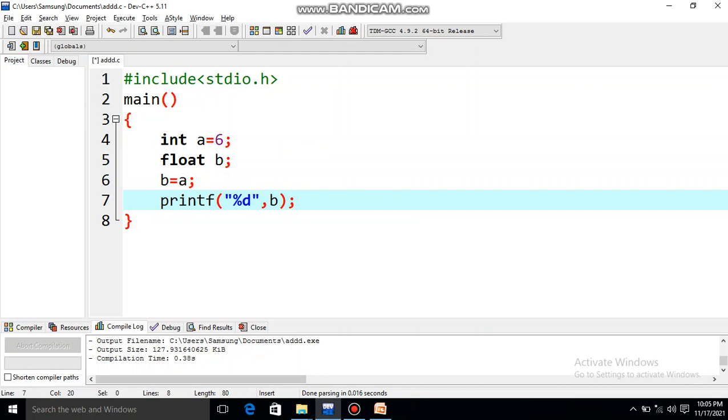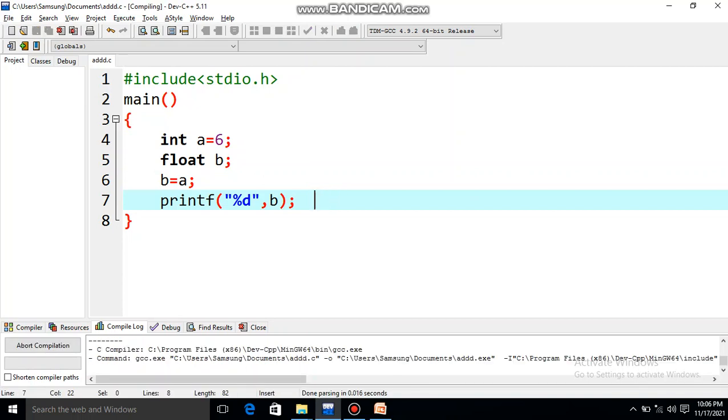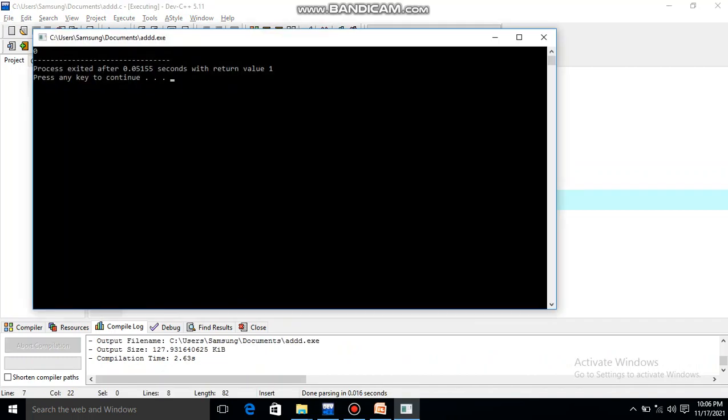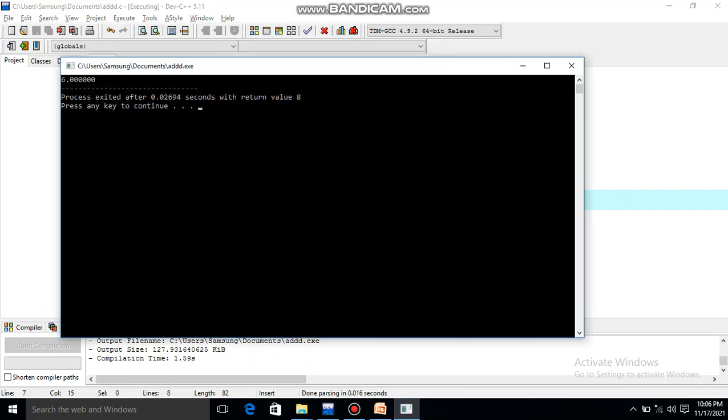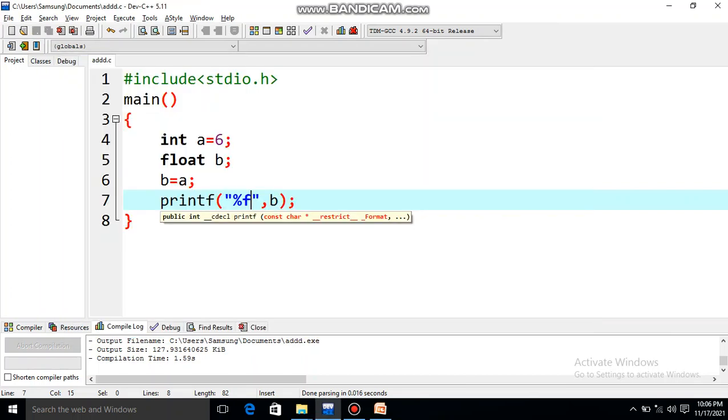When I run this program, the value of a is 6, but here it is converted to a higher type. So what answer will you get? You will get 6.0. The integer value is converted to float, and it is done automatically. I am not writing any code here, it simply does it automatically. Let me save it and run the program. Wait, what's wrong? Oh sorry, here I should give f, I forgot this one. Now you see it is converted to 6.0, but here it was 6. So this is known as type conversion.